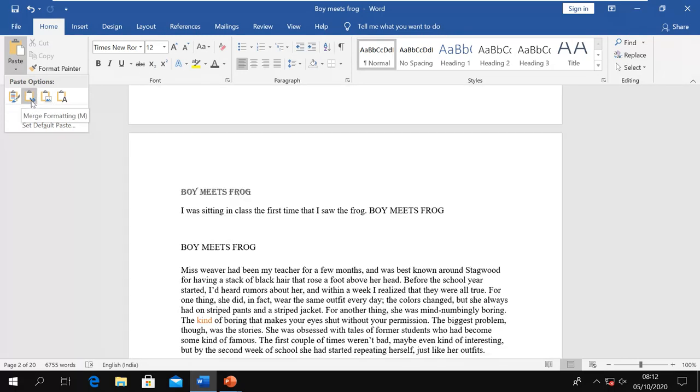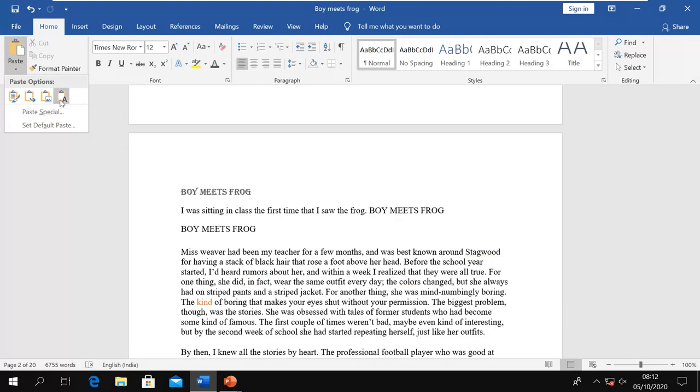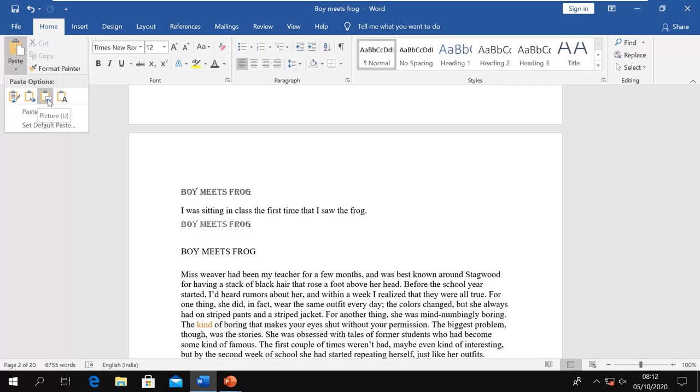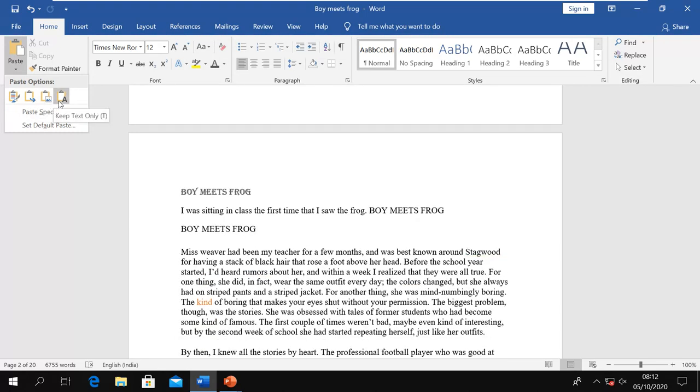So it can merge with that format, and also I can use text only, that means it will only paste the text, no formatting, nothing. Or even I can go for picture. Now if this one has a picture, then I can go for picture, or I can go for only text.